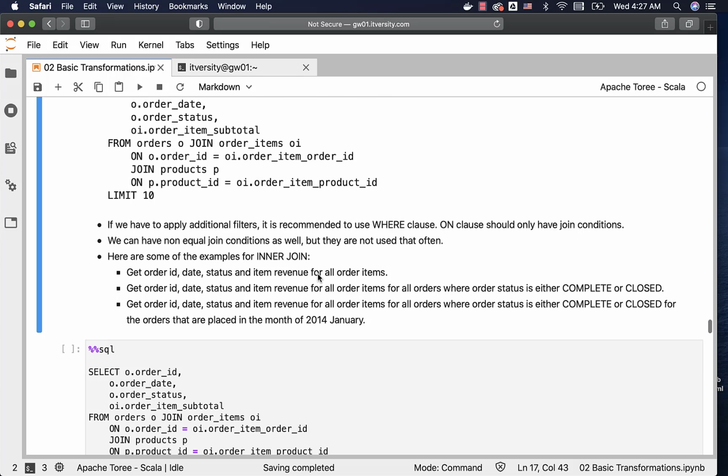Here are some examples for inner join. We want to get order ID, date, status, and item revenue for all order items. Date and status are only available in orders. Order ID is available in both orders as well as order items. We can use that for the join condition, but we should project this field from one table. We can project from both the tables, but it is recommended to project only from one table. And item revenue is from another table, order items. So we'll project order ID, date, and status from orders, and item revenue, which is nothing but order item subtotal,